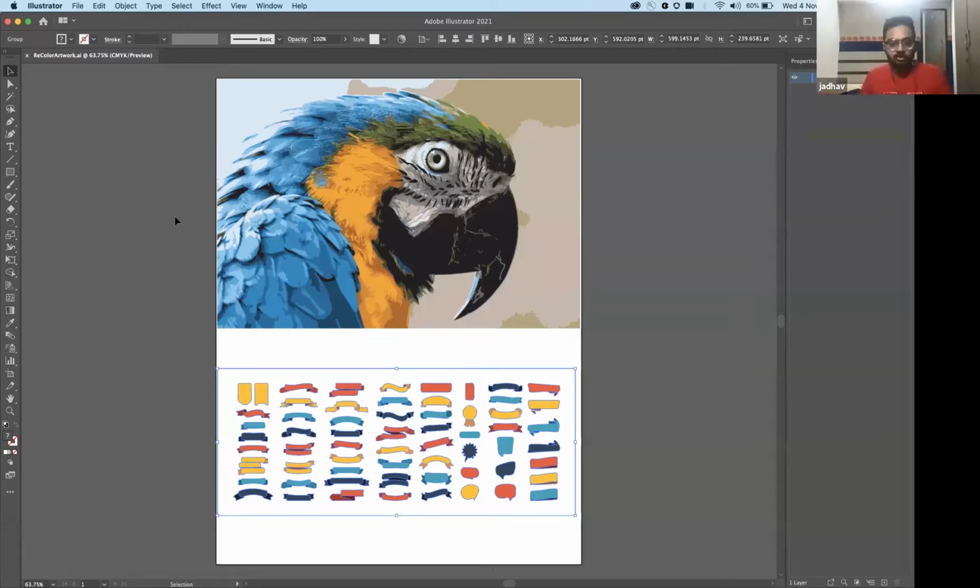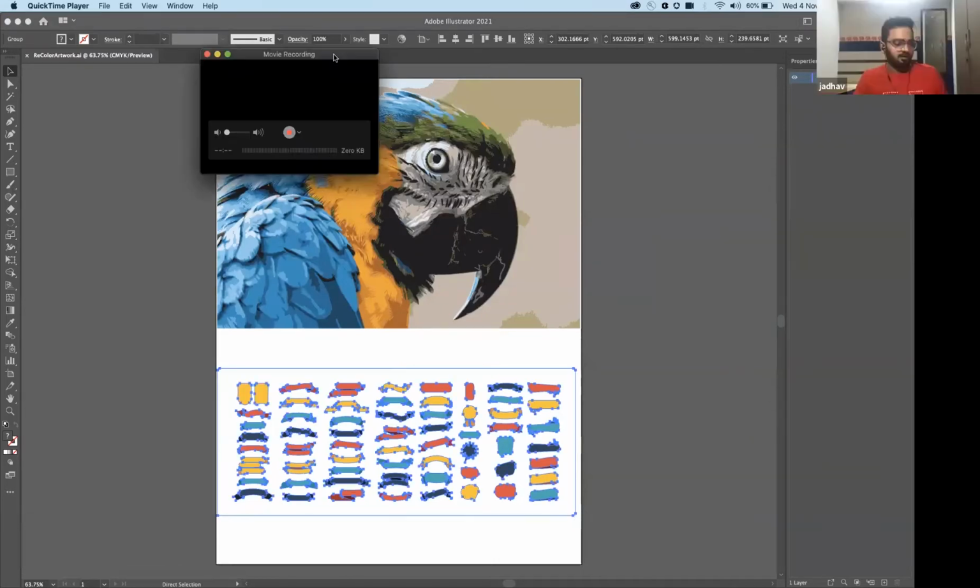Now I can show you a gist of Adobe Illustrator on the iPad, but I'll see how I can screen share to the best of my ability. There is some internet issue at my side today. I don't know what happened, but if I share my screen, okay. So I hope you are able to see my iPad screen.